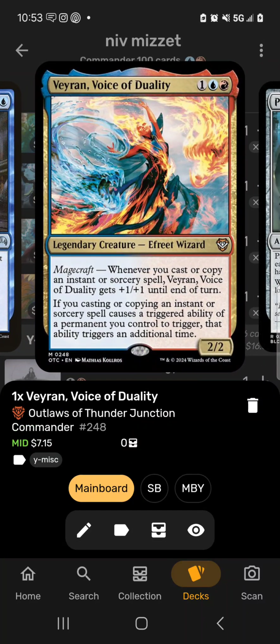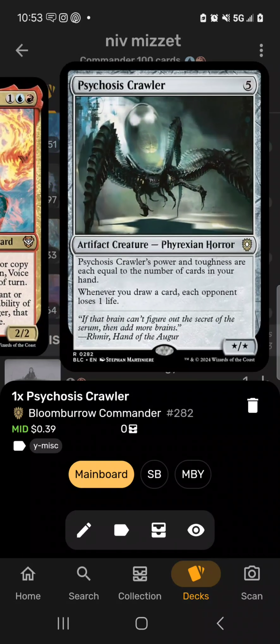Veyran, Voice of Duality, I guess technically this goes in the spell payoff category. But it's also just going to copy all of those, whenever you cast a spell, deal 1 damage triggers, so...